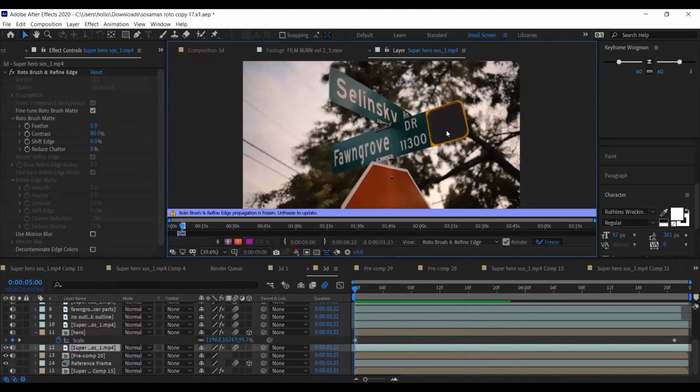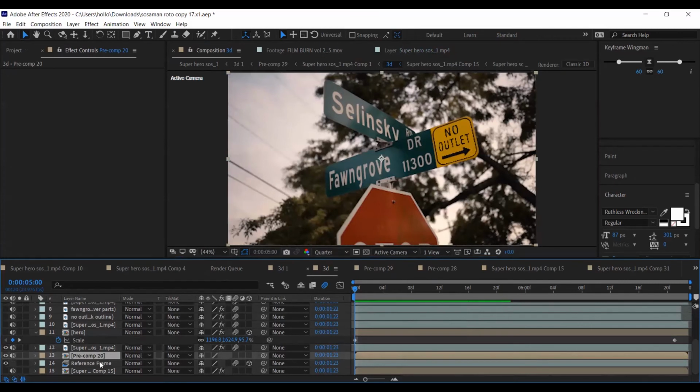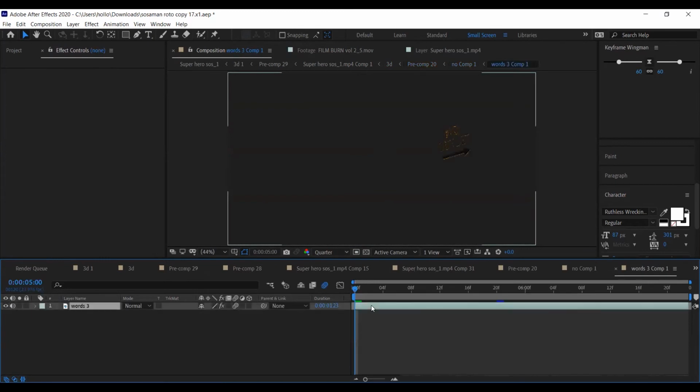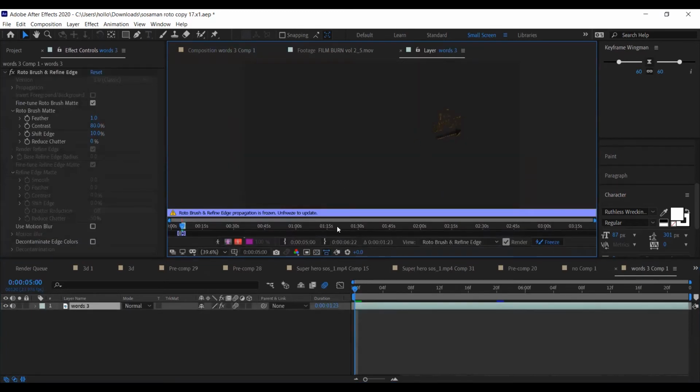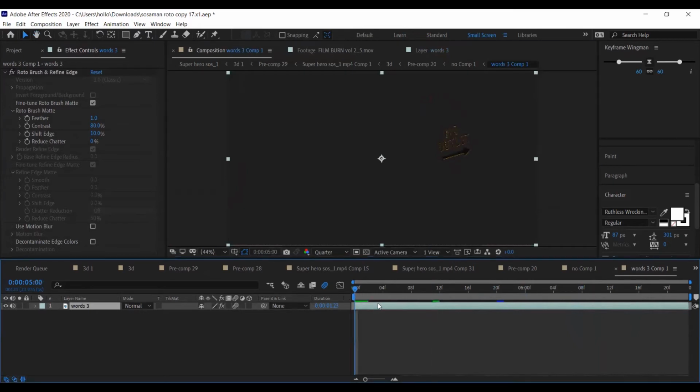Here. So I rotoed that out and inverted it so it looks like that. Let's start with just the basics. For the letters, I had to rotoscope those. This is the rotoscope I did of the letters. Obviously, it's pretty small. Let me zoom in. That was the rotoscope I did of the letters, and then I split it up manually by pre-composing